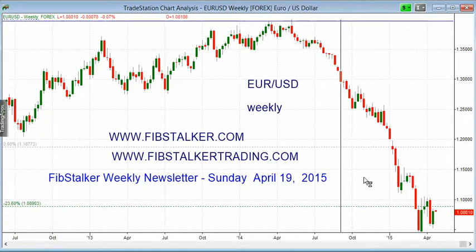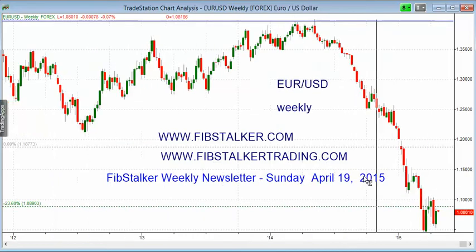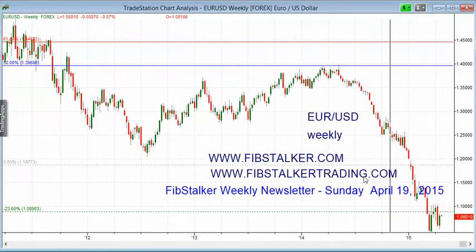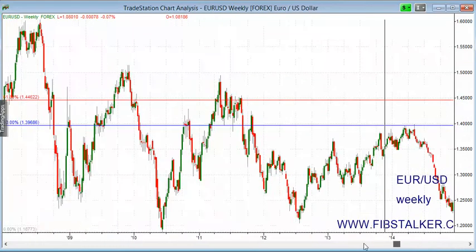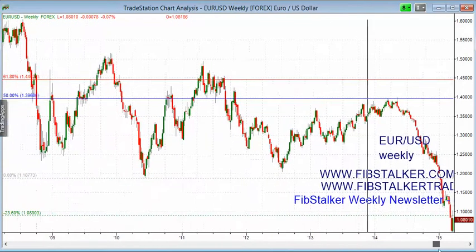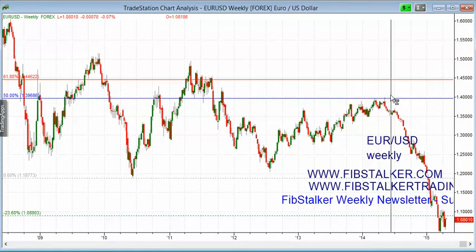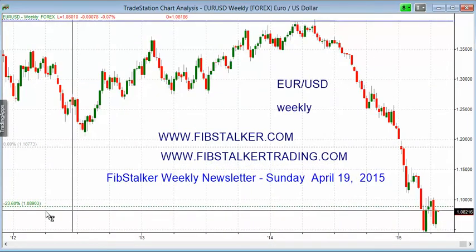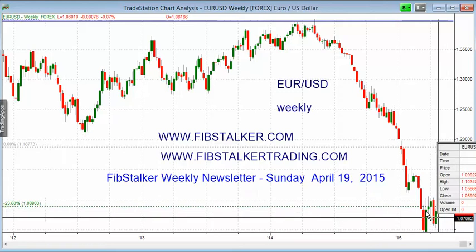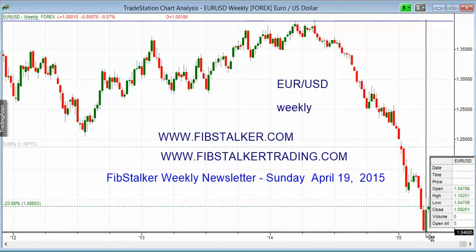So what you see on the screen is the weekly time frame, and as you know, we have modeled the weekly chart of this pair using a trace on the weekly time frame that you can see here, from the highs back in 2008 to the lows in 2010. Eventually we were able to model this 140 level here, which we're pricing to the first target, 108.90. Price went much lower into that 104,